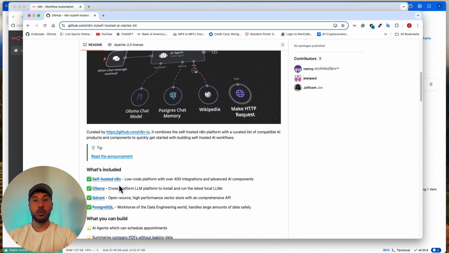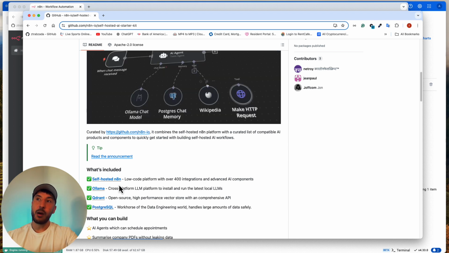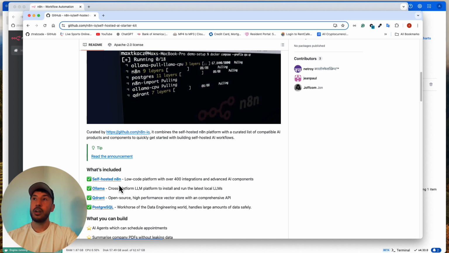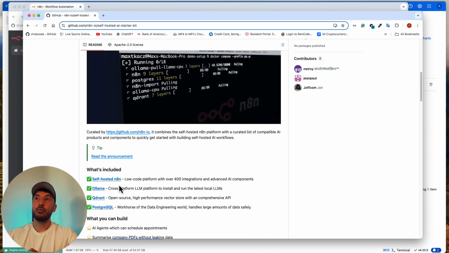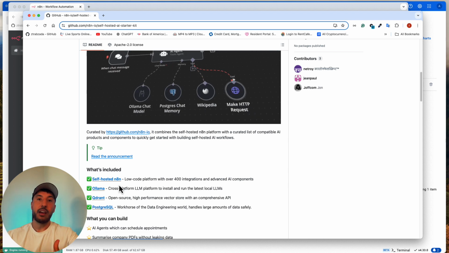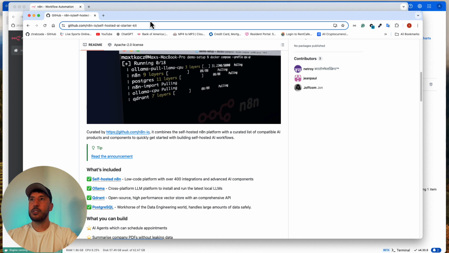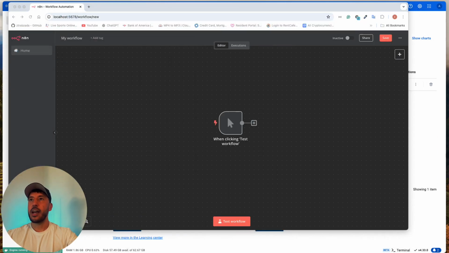We can actually download these large language models on our local machine, and through Ollama we'll be able to interact with them. And then also Quadrant is another vector store database that you can self-host and be able to therefore interact with everything within your local environment. So we'll go ahead and do that tutorial next, because this will give you like an entire package for self-hosting your AI workflows.